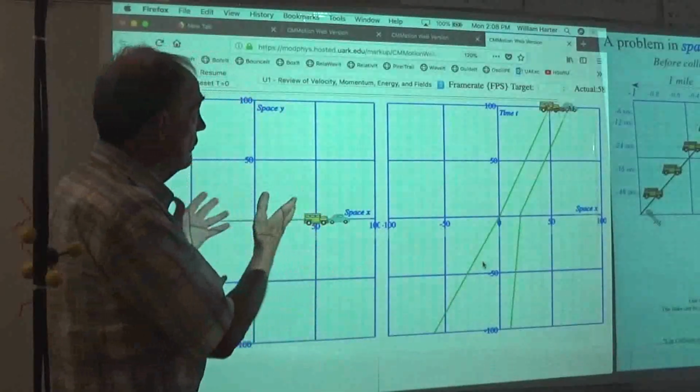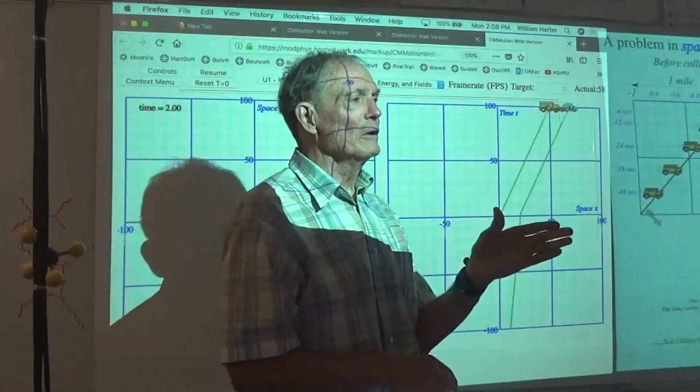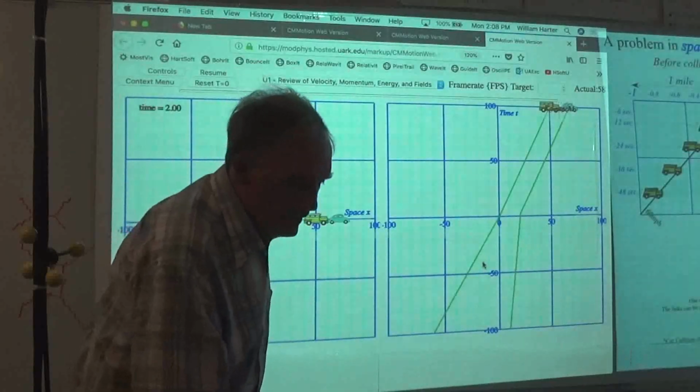Totally inelastic versus the other ones are totally elastic. And of course the real world is in between that. And we'll talk about that at the very end. Okay, so